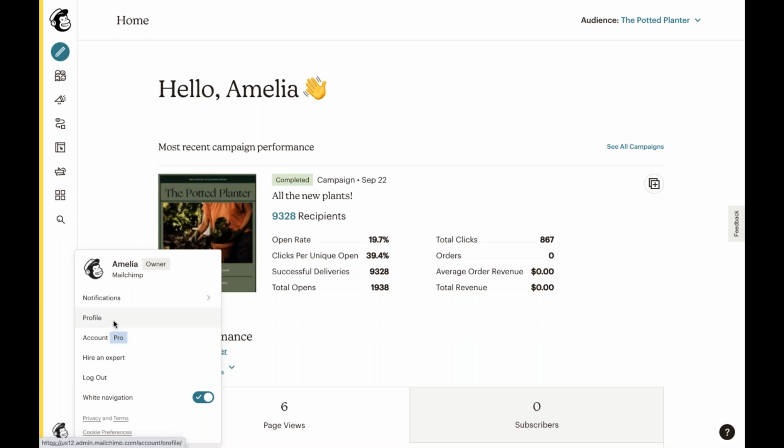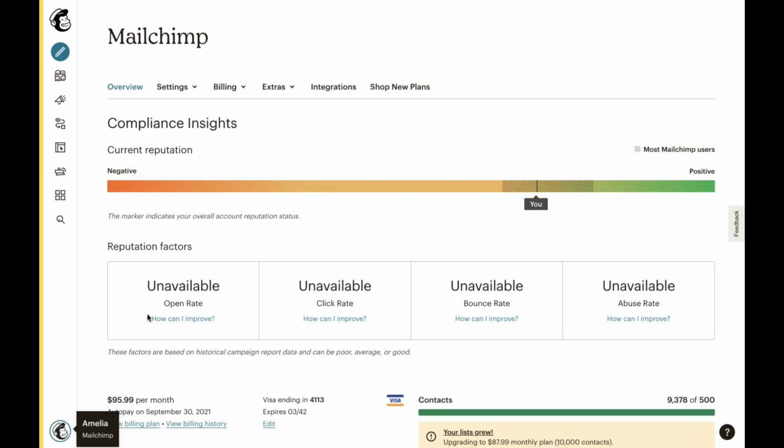Now, Profile is where you can add your name, your data like that for who you are in this account. But for now, we're going to choose our account right there. Now, your account uses settings to manage things like your time zone, your currency, company information, notifications, and so much more. Now, this default information affects what you see and do in your account, from sending campaigns to billing.